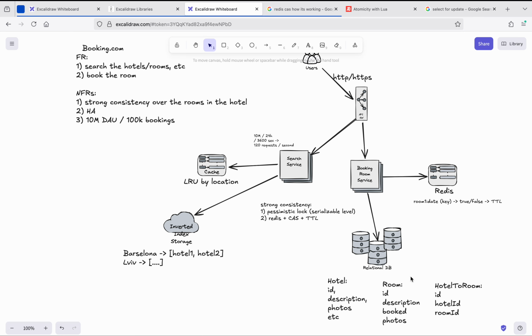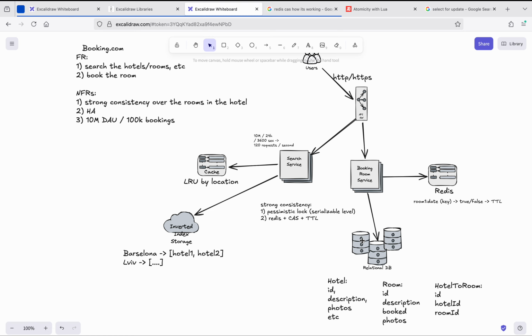In case we store the data into Redis and one of the instances of our service dies, then this database will not have the record. So if we lost the data here,